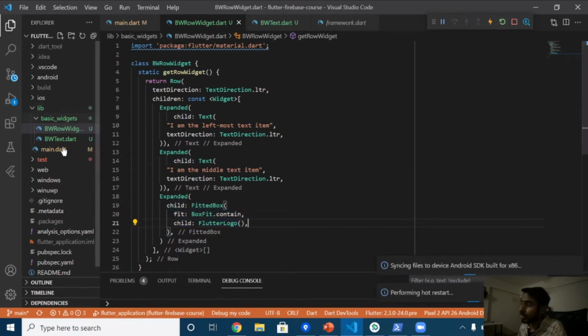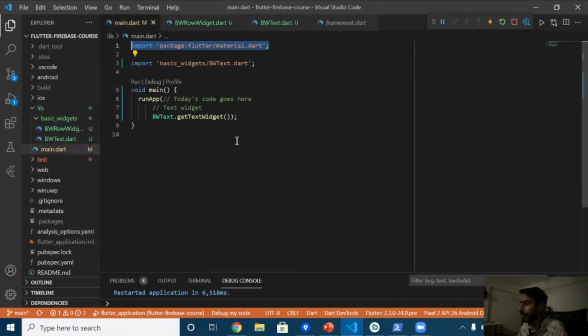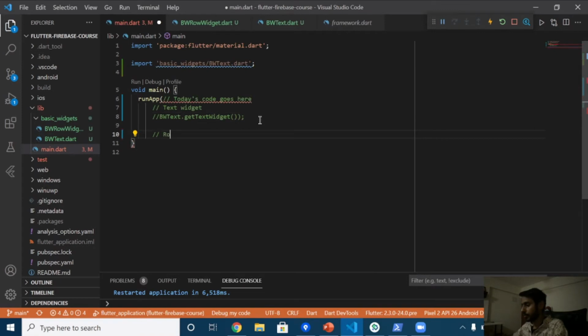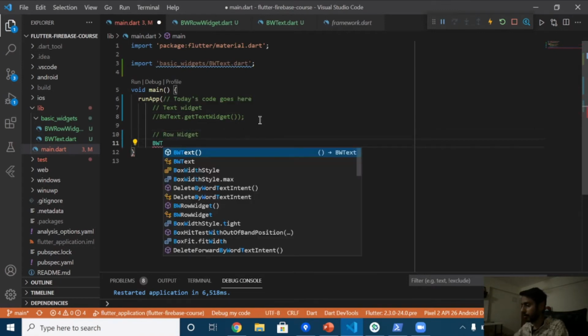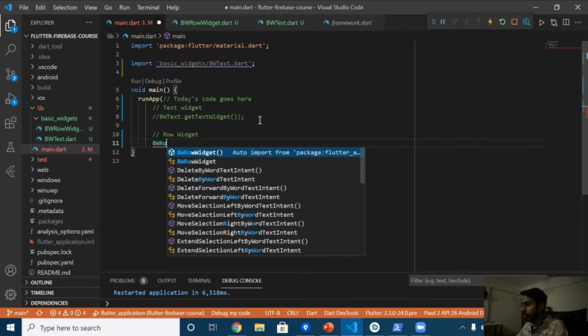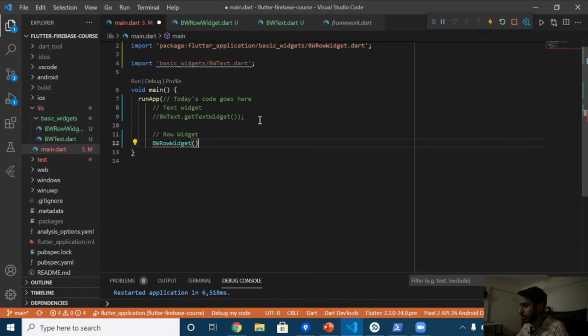To make a call to this function, we have to go over here in the main.dart file, and instead of this we have to say bw row widget dot get row widget. So that's it.